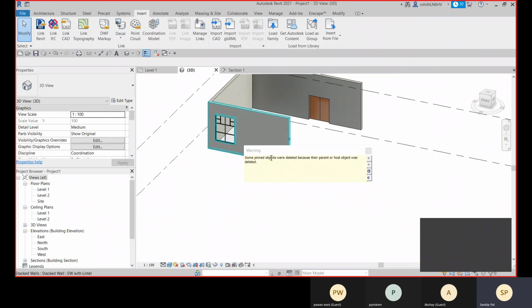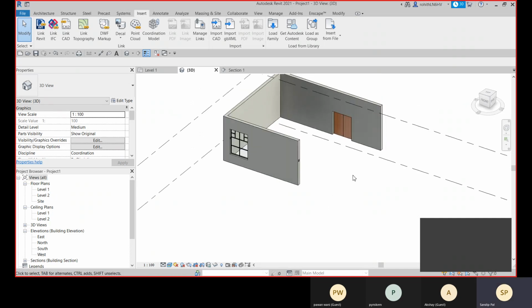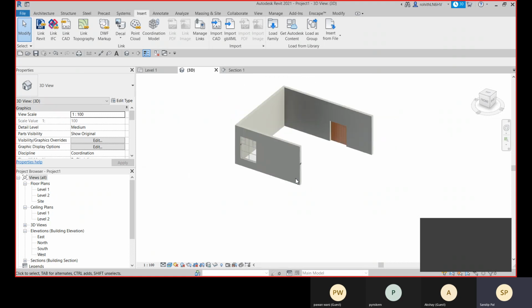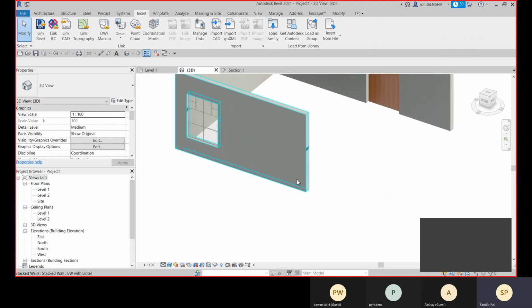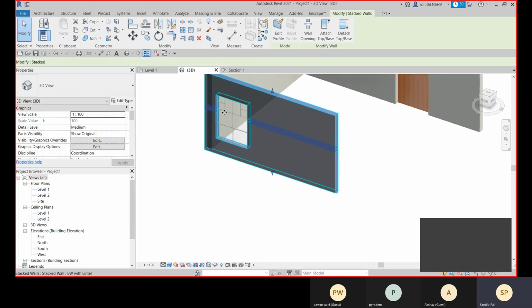So when you delete pinned objects, you will get this warning. So don't delete pinned objects, unpin it and then go for delete. All right, now let me show you that we can apply some changes also.